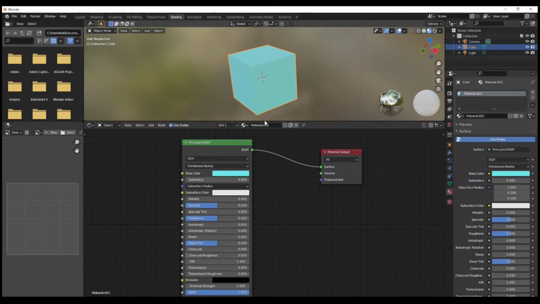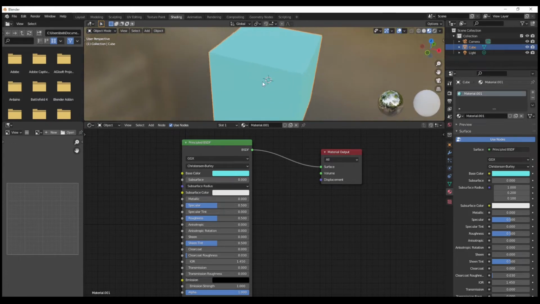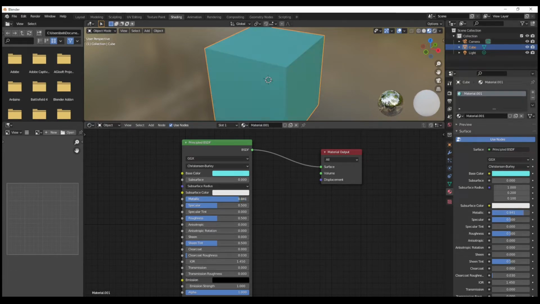Okay, so color. We've got this light blue color now, and if I come down here and hit metallic, I can turn that up, and that's fun to play with. I feel like a lot of people out there say that it's either 0 or 1. I've heard people talk about it that way a lot. You do what you want to do because you can modify this. Just because things in life are either dielectric or metals,